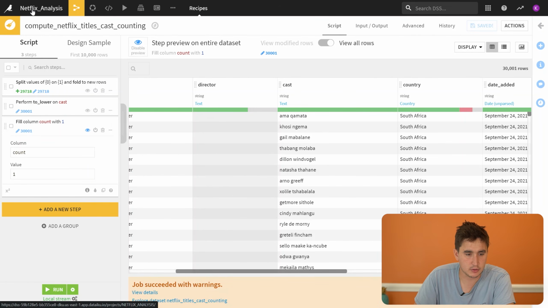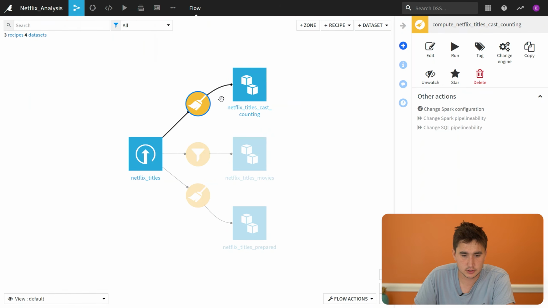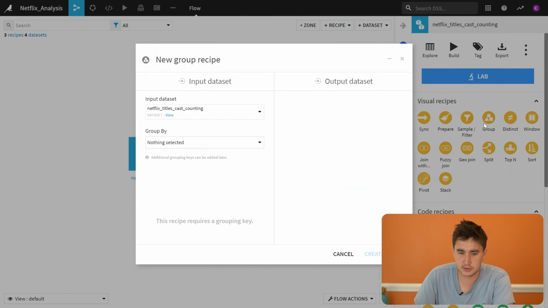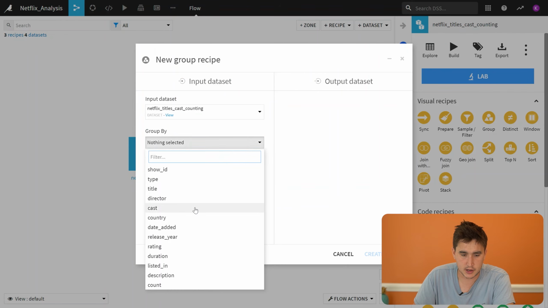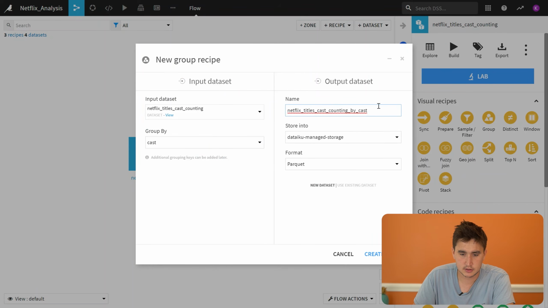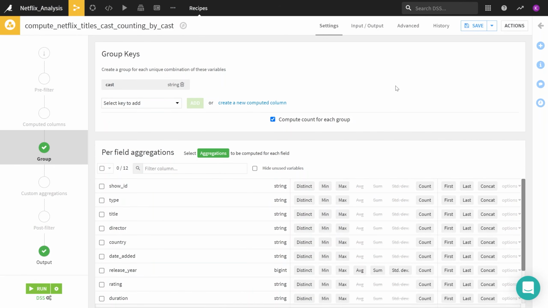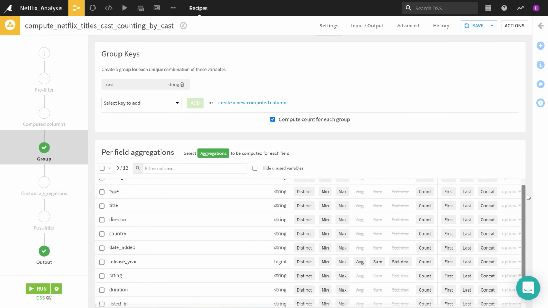All right, so I'm going to go back to the flow, cast counting. We're going to add a new step, which is a group step. We're going to group by the cast. That's fine with me. Keep this as CSV. Create recipe. And then with this group by, we have a nice visual way of seeing what we want